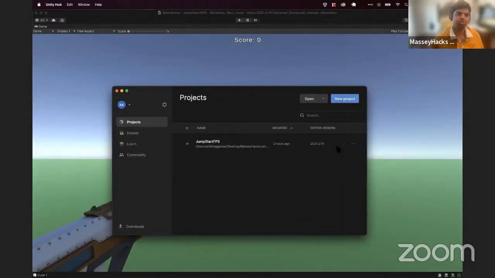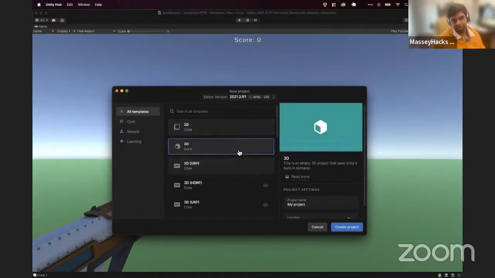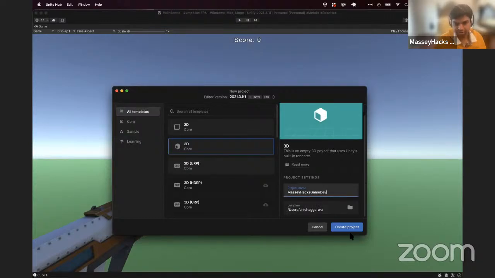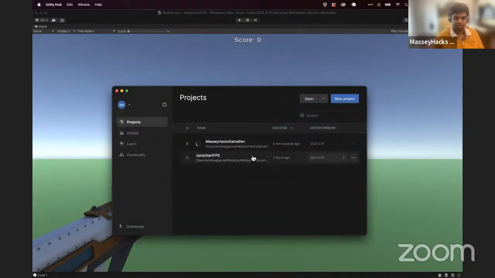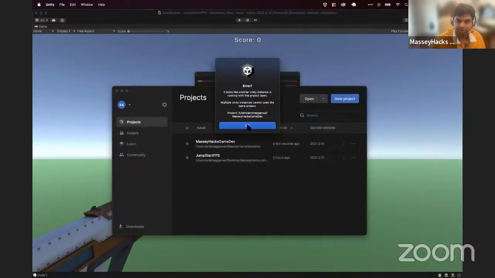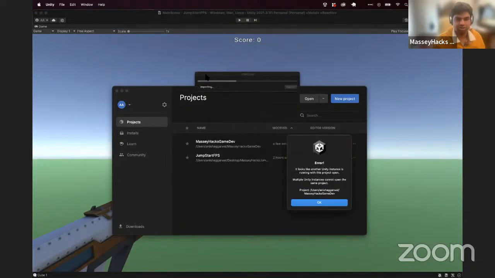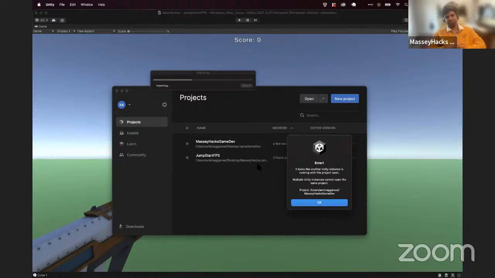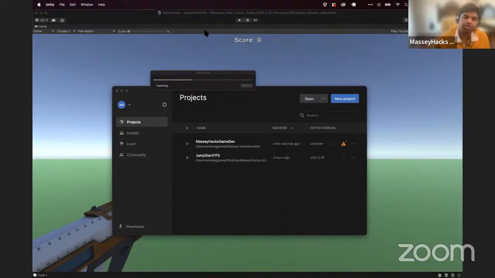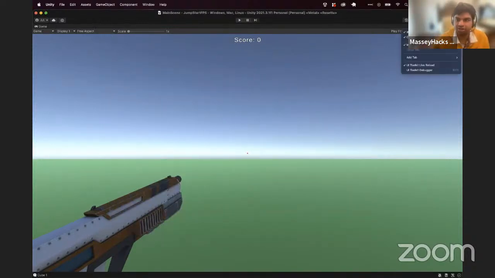Opening. So we'll create a new project and we'll call this a 3D basic core, and the project name we'll just call it MasseyHacks JumpStart, or just game dev tutorial. It's called game dev. And then sure, we can just create the project here. Okay, so it's opening right now. So give that one moment, and then in the meantime, I can show you the basics of the